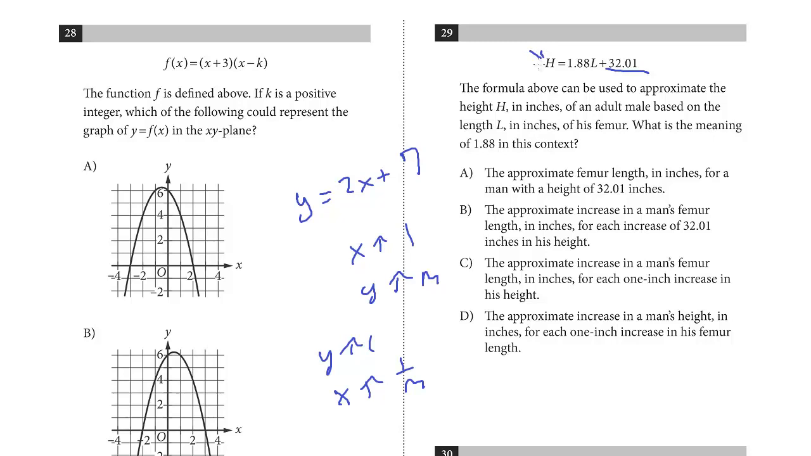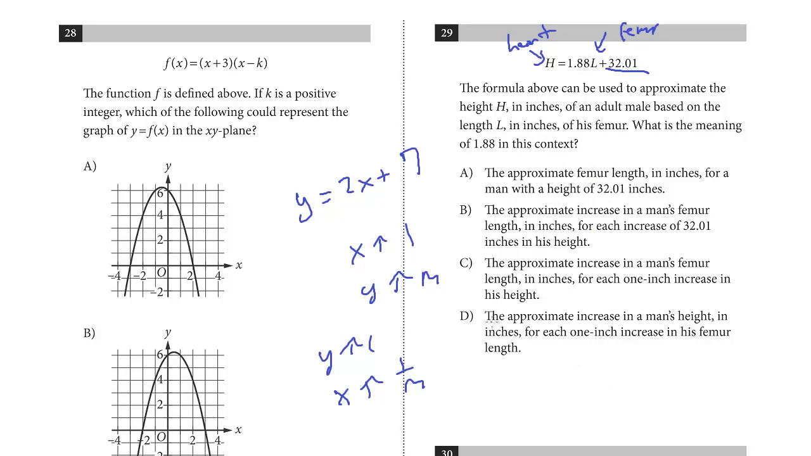And so here's the height, that's the h. And this is the length of the femur. And so they're just asking us what the slope means, and you can almost predict this before looking at the choices. For every increase of 1 inch of the femur, that's the x, we know the height increases by the slope, which is 1.88. So if you look at the answer choices, I'm not going to read all these, but